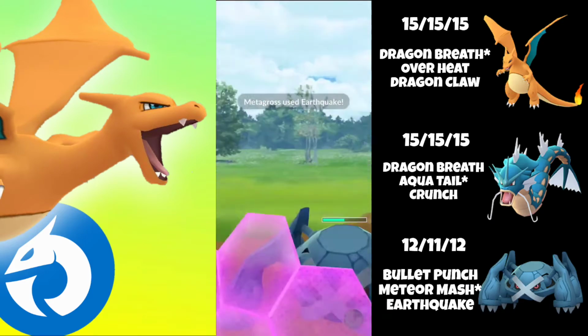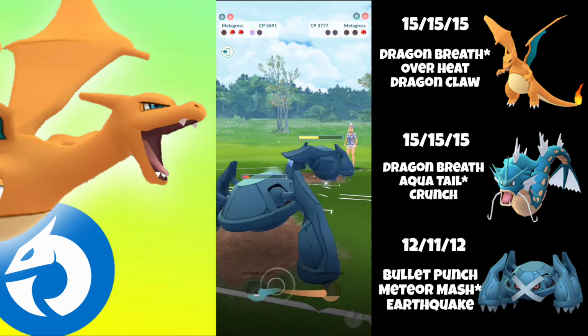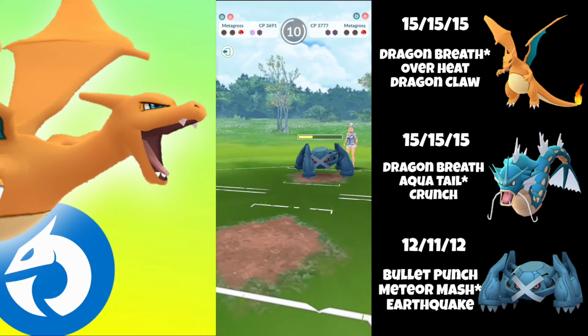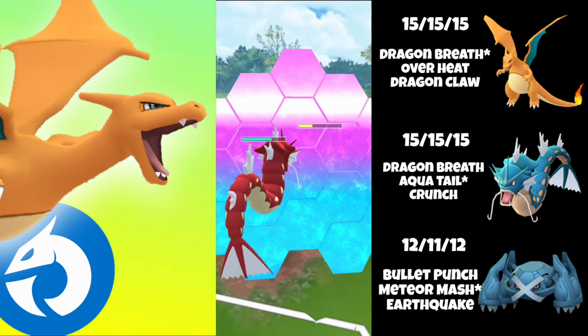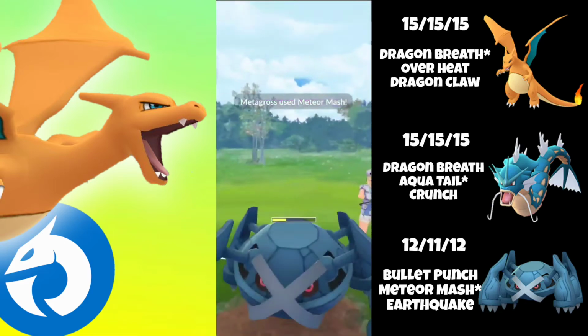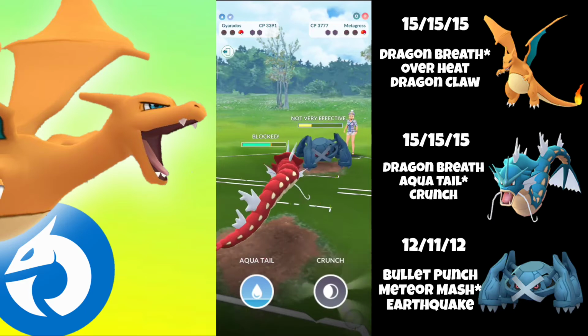So yes, they do shield it, and now we have a Crunch Gyarados at the back, and I think they would be charging up to another Meteor Mash. We aren't able to get that here. That's pretty sad, but they'll have a Meteor Mash ready, and we have a shield which we preserved, and now we can use it and save ourselves from the Meteor Mash. But even if you do not have a shield in this situation, Gyarados could have easily taken...